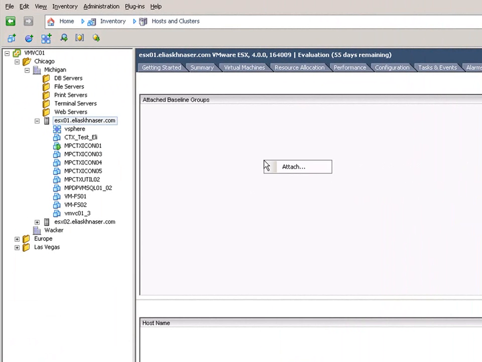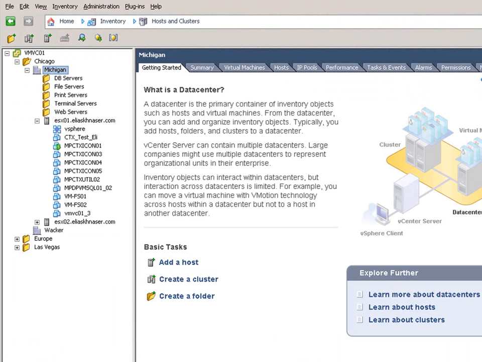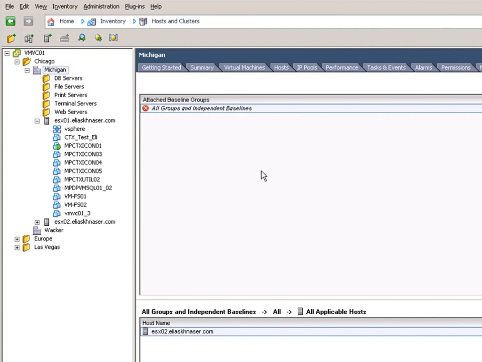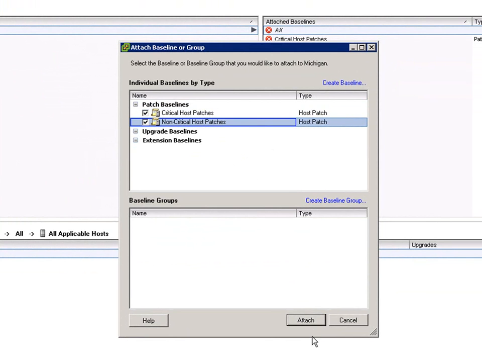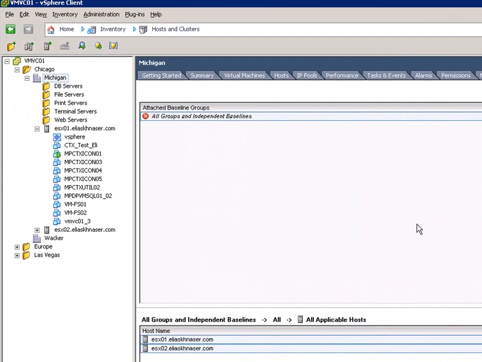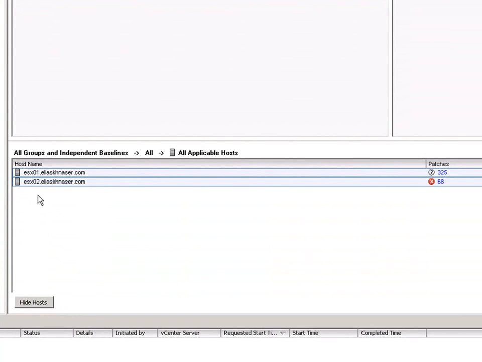And we can right click and we can attach. But what I can do also is I can always select the Michigan folder or the Michigan data center and go over to update manager, and then within the Michigan data center, you'll notice that you can right click and attach a baseline. So in my case, what I want to attach here is the critical updates, for example. And let's also do non-critical. We're going to click attach. And you'll notice down here that it automatically attached this baseline to both ESX hosts that we have within the